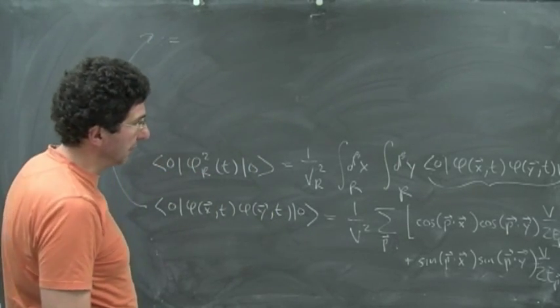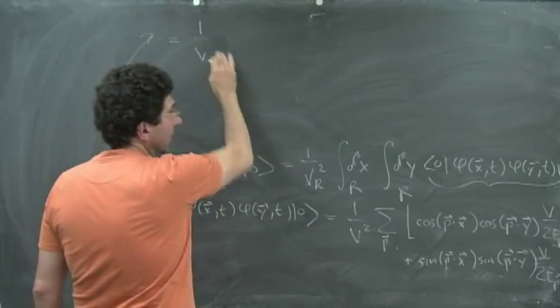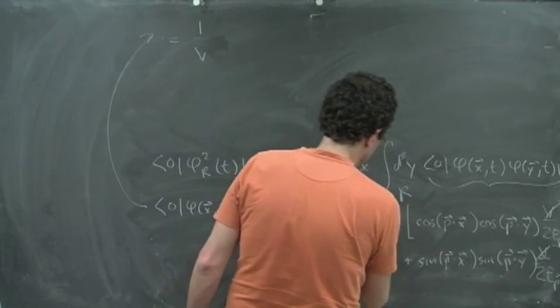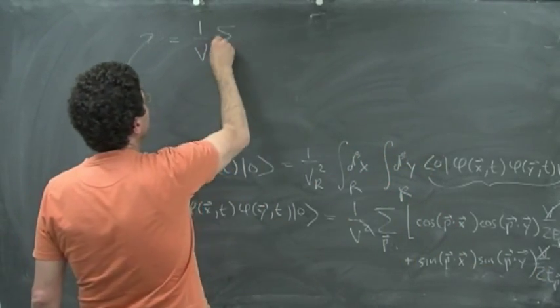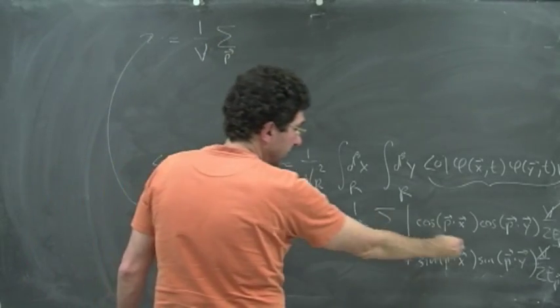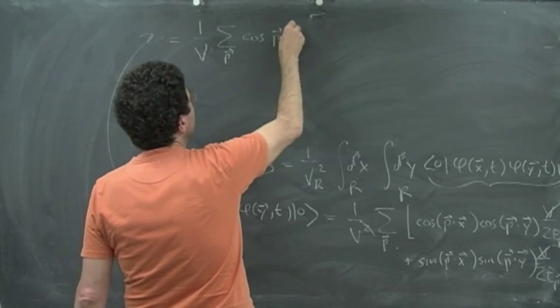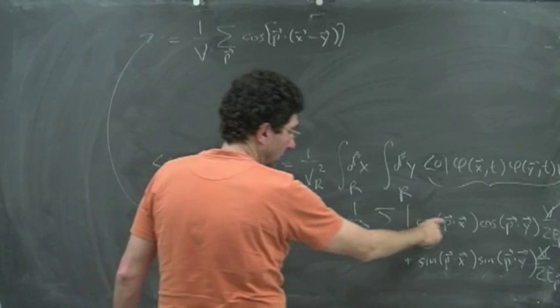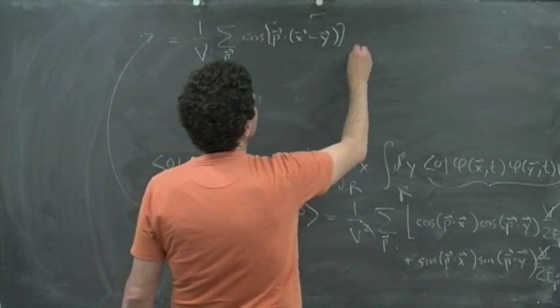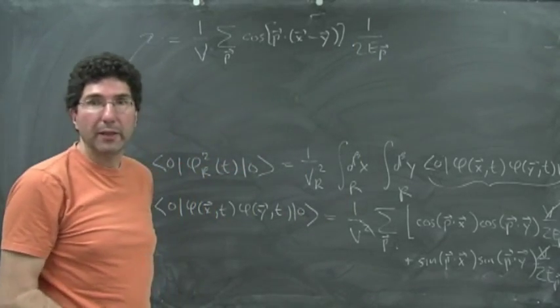What is this going to be here? Well, I'm still going to have my 1 over, well, so there's this V again that cancels one of these V's down here, so I'll end up with just a 1 over V, and I have this p, and these two things here combine to give me a cosine p dot (x minus y). That's this cosine, cosine, sine, sine business. And then I have 2 E_p. And this has a nice